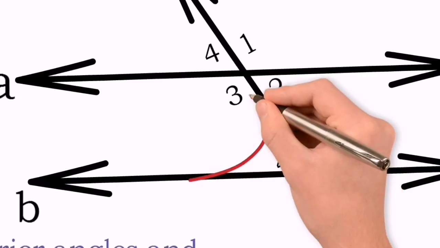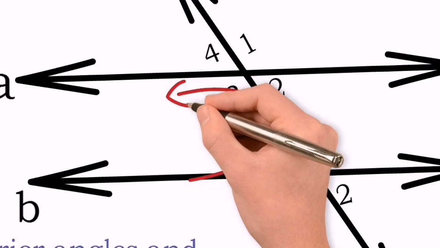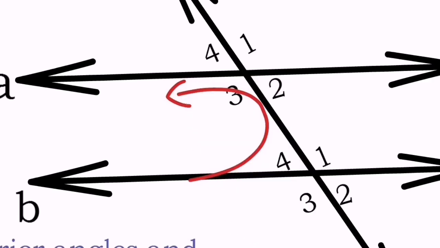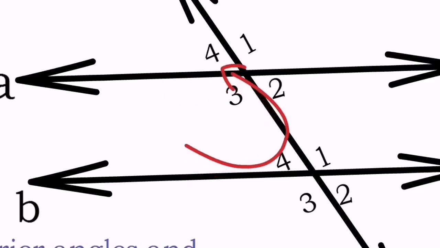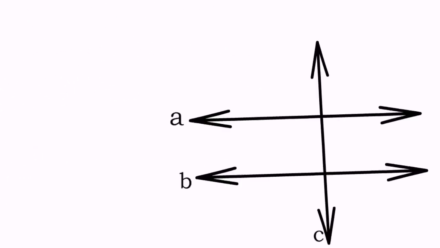Let's see here. See, I have drawn the letter C, right? And which corners did I get? One is angle number 3, another one is angle number 4. So angle numbers 3 and 4 are nothing but the interior angles which are formed in between the lines, and the same goes with 1 and 2. Again 1 and 2 are in the corners, the letter C is drawn, and they are in between two lines, right?